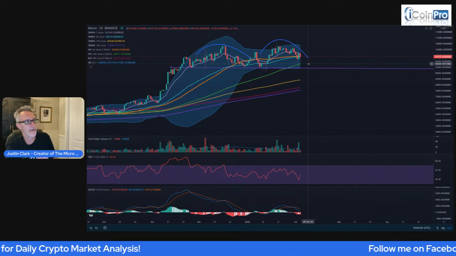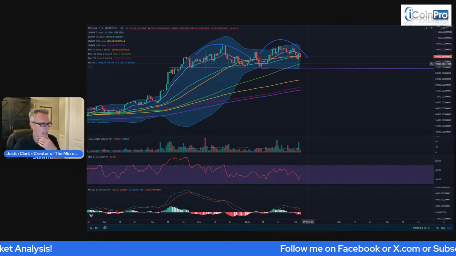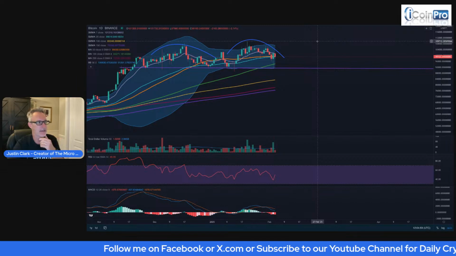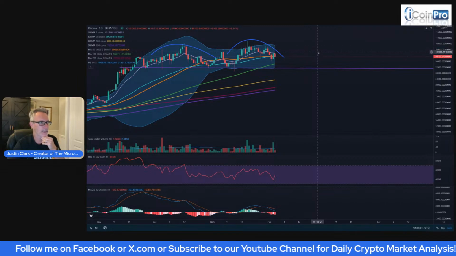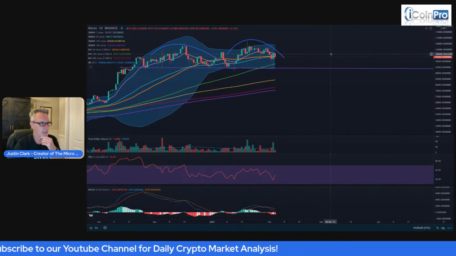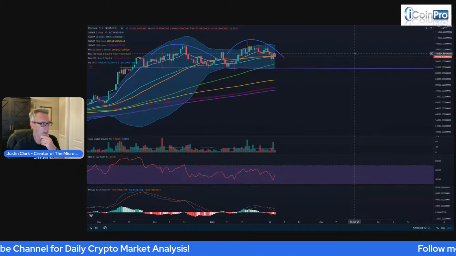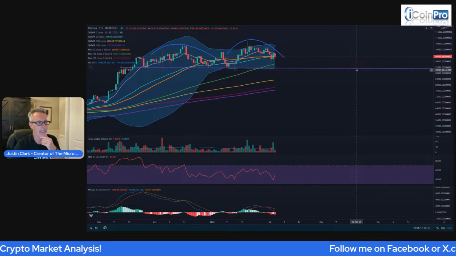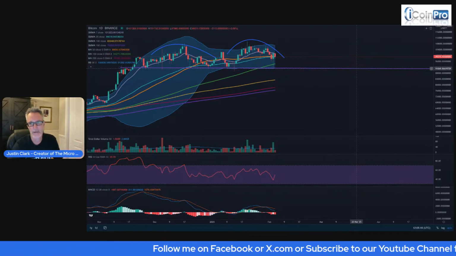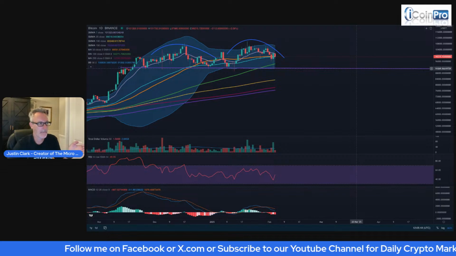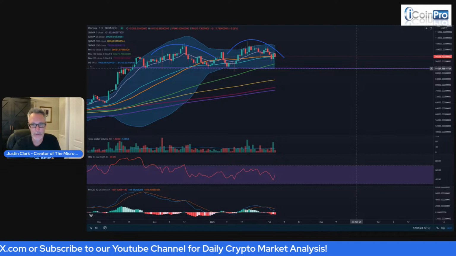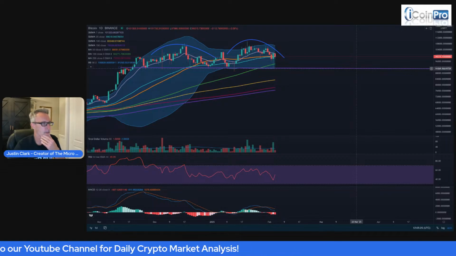So what all do we have going on here? Right now, the key resistance area, obviously the top side, is 110. We got to reclaim and stay above 100,000 in order for the bullish scenario to continue. We definitely need to stay above 90,000 or else we could enter into a period of trend reversal, or the market's starting to move down, even potentially a bear market cycle, if that occurs.